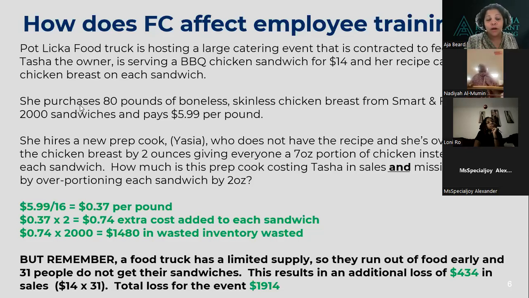I want you to focus more on the items that you sell. Have you costed them out? Do you know how much you make off of each one? Because if you show up at a pop-up and everything costs you maybe $2 or $3 and you're selling it for $7, I should be making $5 off each person. So if I serve 500 people, I should have $2,500 at the end of the day. So we're looking at profit and revenue versus how to calculate estimates. That could be something we can have a sidebar on.